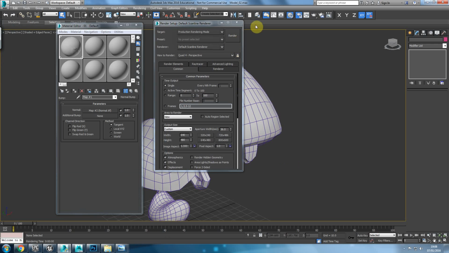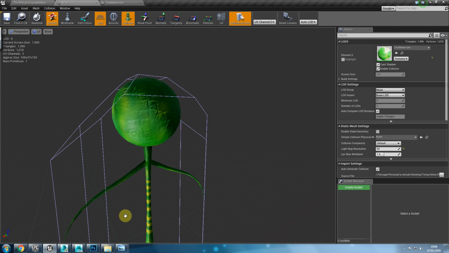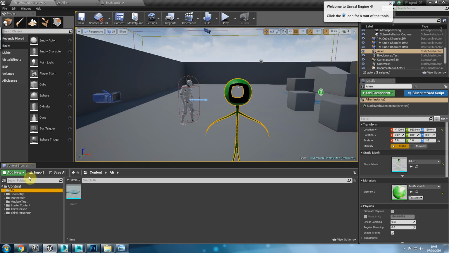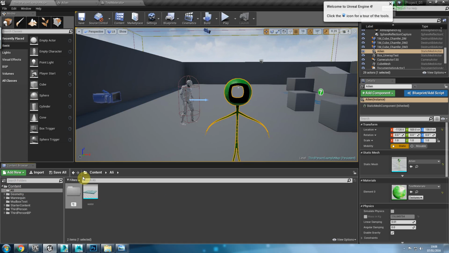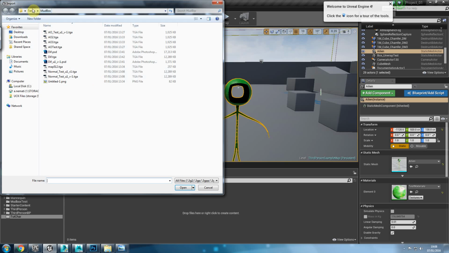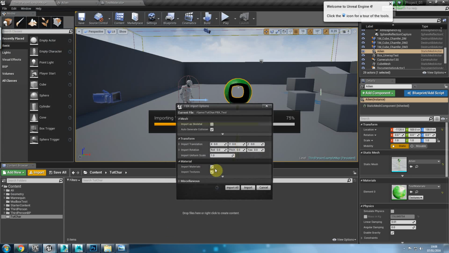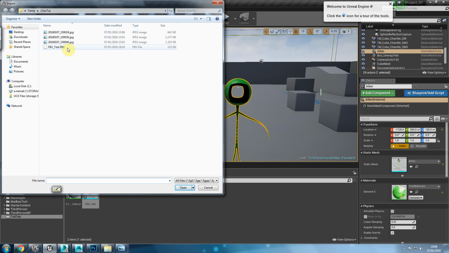It's very little. In fact, what I'll probably do is go to Unreal Engine, because that's where it's going to end up at the end, and I'm gonna go ahead and create a new folder here. Call this tutorial character, and actually I want the content. I'll do a new folder, Tut character, and inside of the tutorial character I want to say import, and I have the characters FBX that I could bring in. Press import to that, and I could click on import and go ahead and get the